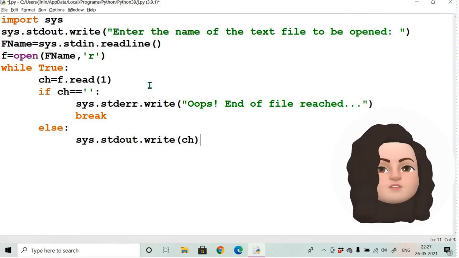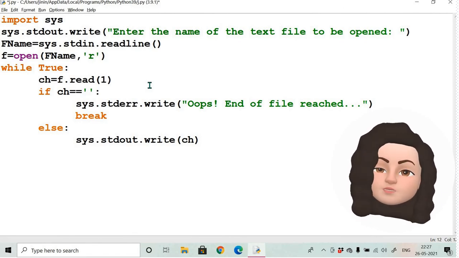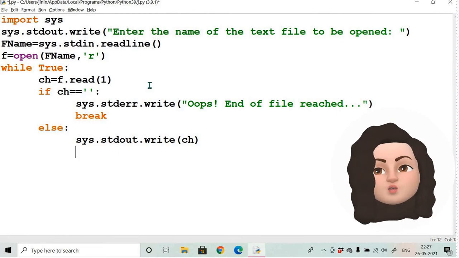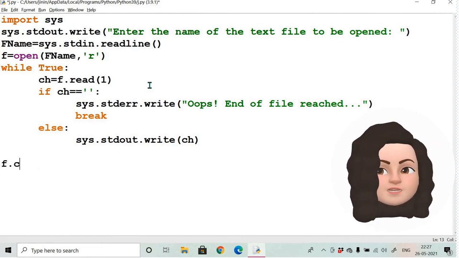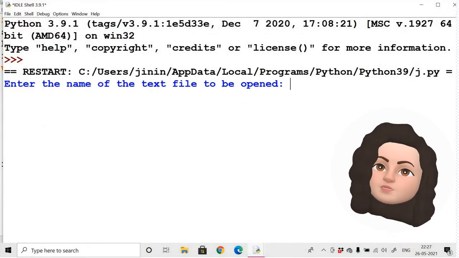So this loop will execute until the end of file is reached. After that, come out of the loop and let's close the file. So f.close. So now the text file will be received, that content will be read. If it is empty, an error message will be displayed, otherwise everything will get printed.